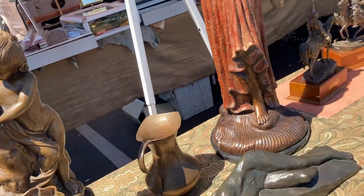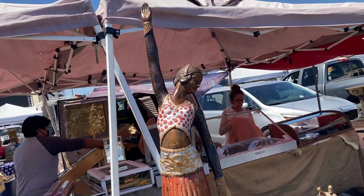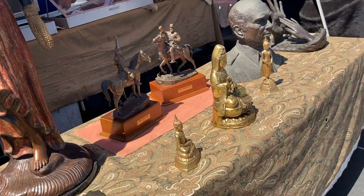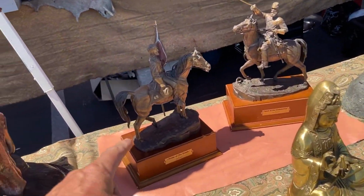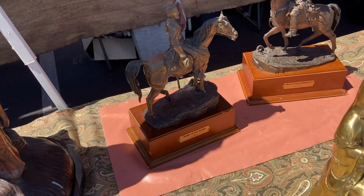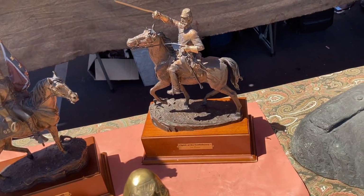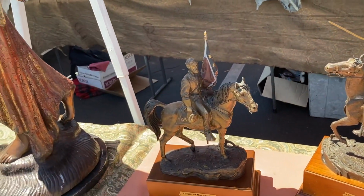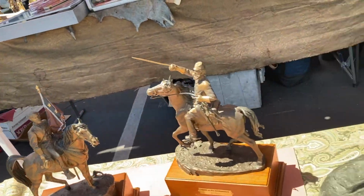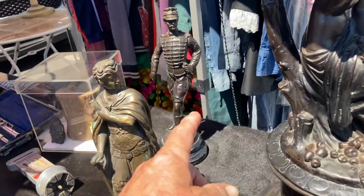This is bronze. This huge Art Deco statue. Indian stuff. All right, some South again stuff. Who's that? Stonewall Jackson, and I guess that would be Lee. Very popular now. Some cadet